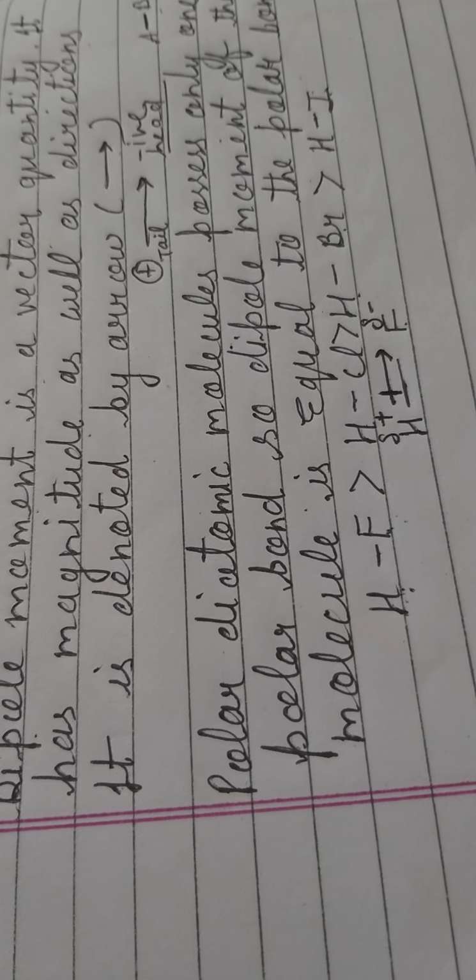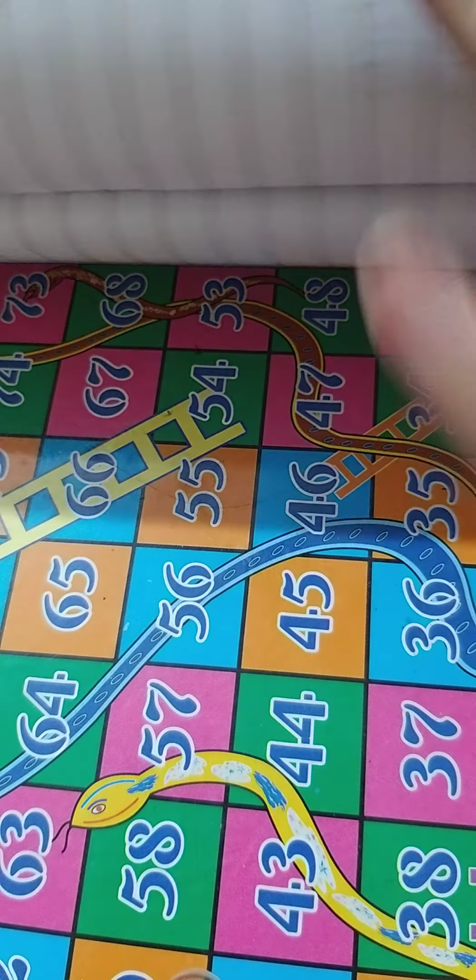Let's discuss some polyatomic molecules. So you see here what I have written about the polyatomic molecule. I hope you all can see it properly. First I will dictate it for you. The dipole moment of a molecule with more than one polar bond is equal to the resultant of the dipole moments of all the individual bonds. If any molecule has more than one atom, obviously more than one bond will be present. So the dipole moment of the complete molecule will be equal to the resultant of the dipole moments of all the individual bonds created in the molecule.